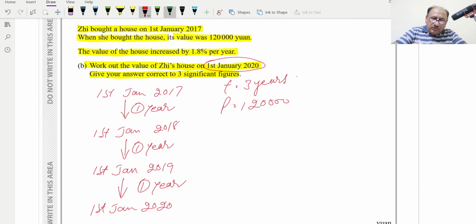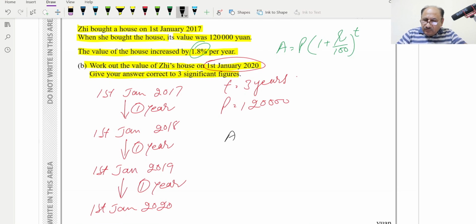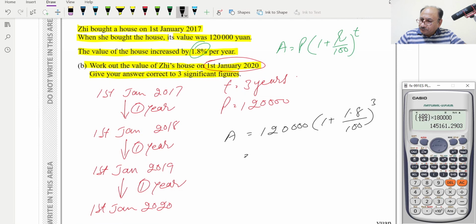And the formula we know is: amount is equal to principal amount into 1 plus R, which is the rate provided, 1.8, divided by 100, raised to the power of the time duration, which we calculated as T. So A will be equal to principal amount 120,000, multiplied by 1 plus 1.8 over 100, raised to the power 3, and we can simplify this. This is equal to